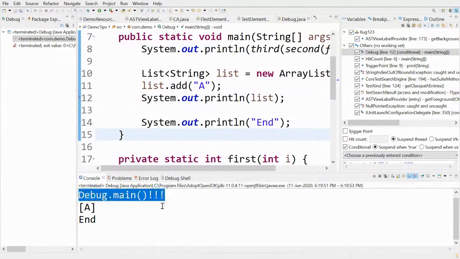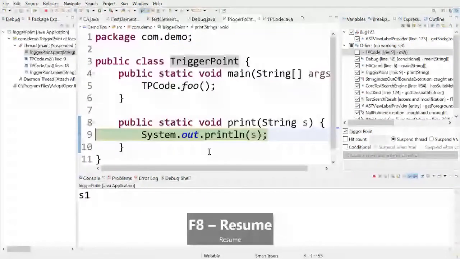Once that is done, let me debug this. Now you can see that when S1 occurred, our breakpoint was not hit. And now when the trigger point at S2 has been hit, if I resume, our old breakpoint is being hit at S2 and S3 as well.